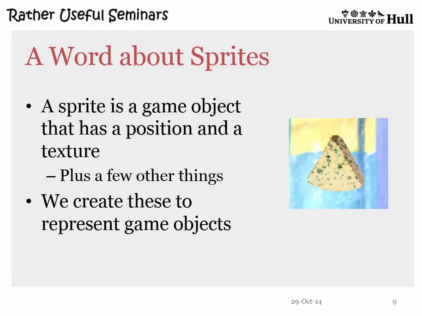Yes. The cheese is actually in a rectangle. It's a rectangular bitmap, but some parts of it have been made transparent. When I edited it, I just cut out the background, and that's my cheese. If you want to use transparency, then you want to use PNG images, I would suspect. JPEGs are great for the background because they're small and they haven't got transparency, but for the foreground objects, use